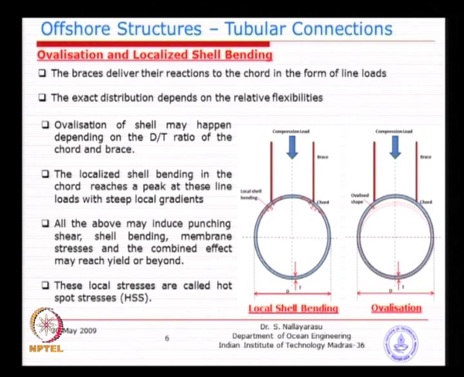Now, if you look at the total process of application of load from brace to chord, you could see in these two diagrams that any one of them can happen. The first one is basically a local bending of a shell. Imagine the brace wall thickness is substantially larger, good and strong, and you apply the load. What will happen is basically just poking at a thin shell. If the chord diameter is large and the wall thickness is smaller, what will happen?